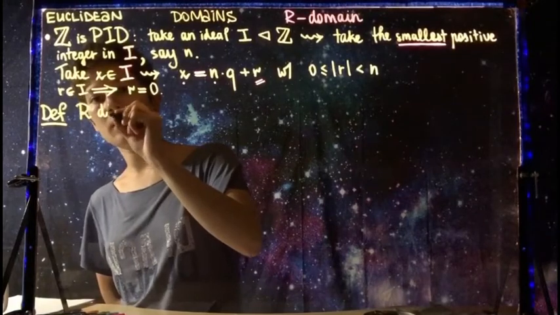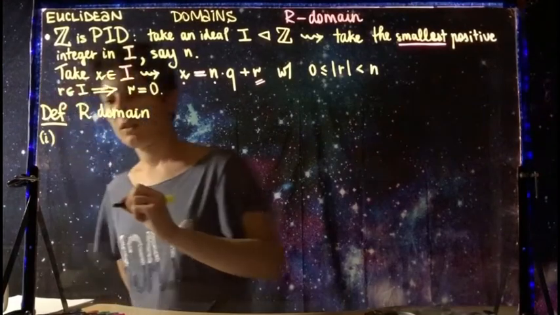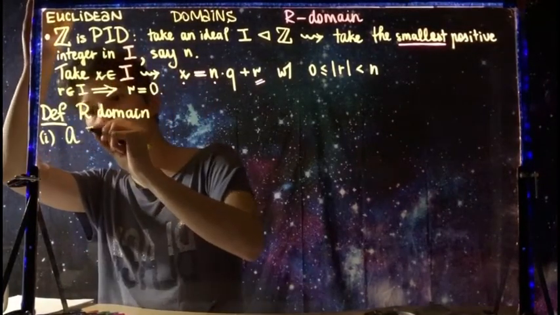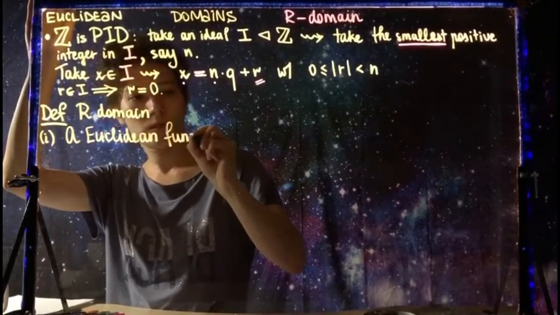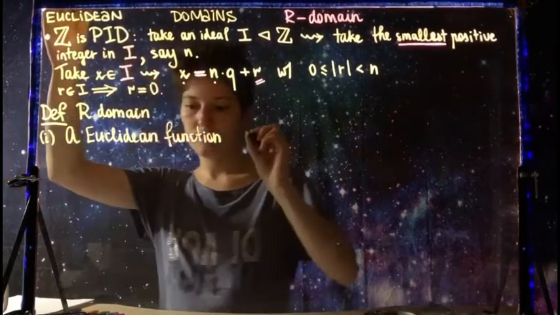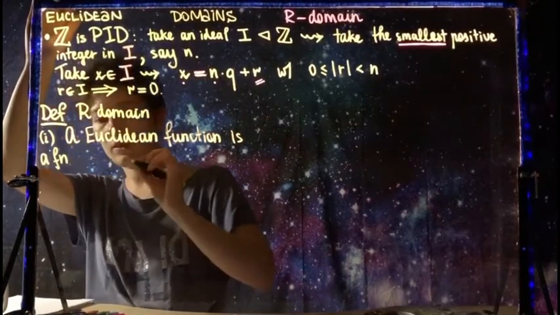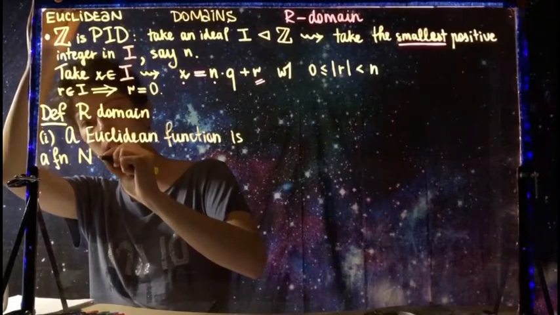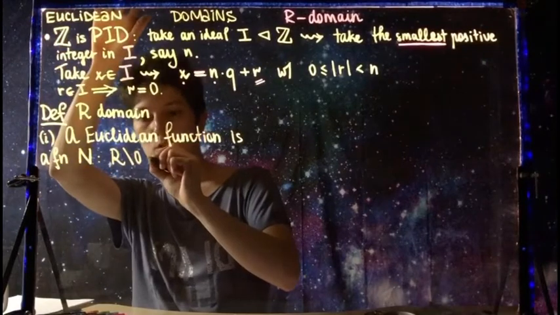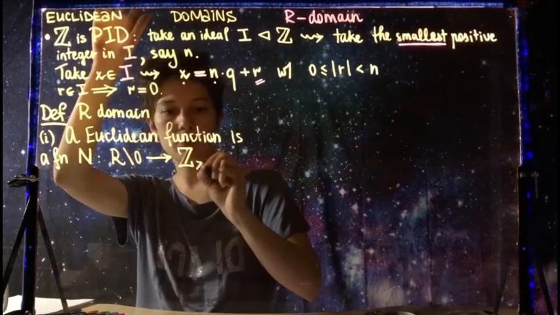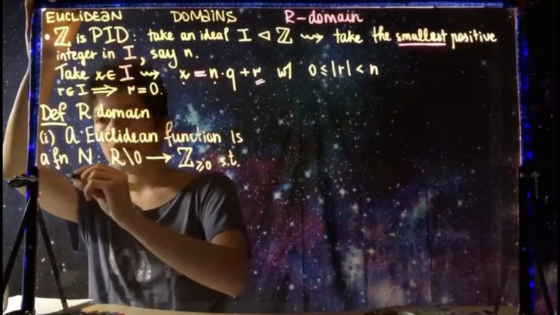And for a domain R, I define a Euclidean function to be this entity, a function n from R without the zero element to non-negative integers, such that